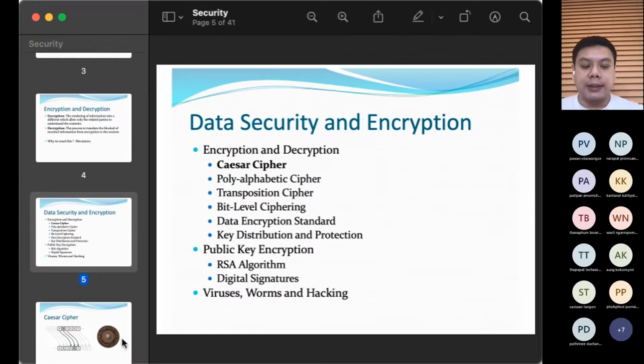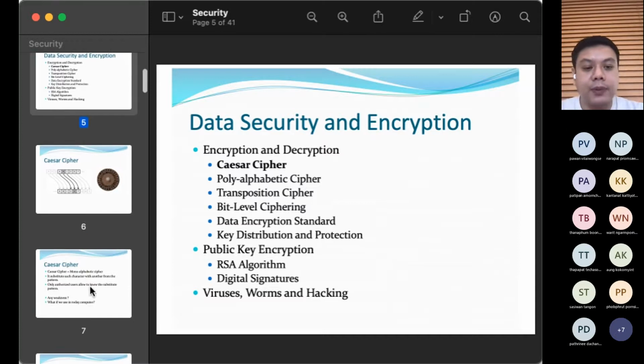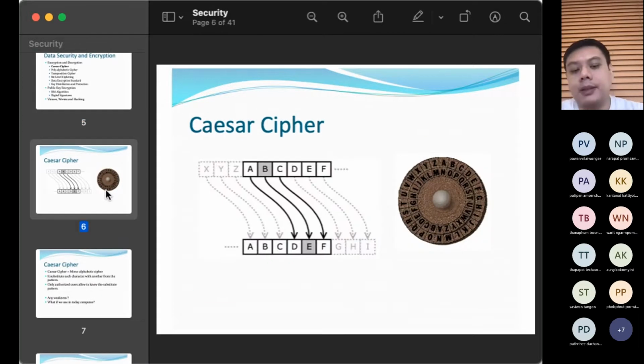But what I would like to do here is get back to the really old days, back to the Caesar cipher. What is the Caesar cipher? If you remember the word Caesar, it's in the Roman timeline, thousands of years before. Yes, they were already doing security and encryption back then. Do you believe it? This is one of the early forms of encryption that was created.